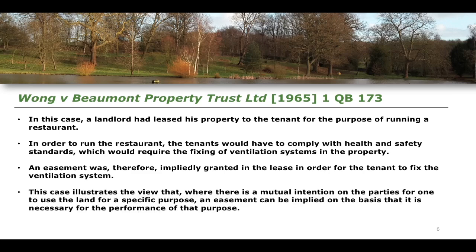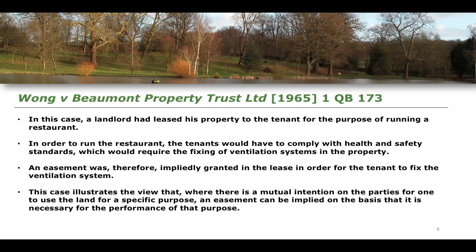Notice here that what this does is illustrate the view that when the landlord leases this property to the tenant, there is the common intention. There is a mutual intention on the part of the landlord and the tenant to have this property leased for the purposes of setting up a restaurant. And this is a very specific purpose. And in order to set up a restaurant, you must therefore comply with health and safety standards. And in order to comply with health and safety standards, there must be the fixing of the ventilation systems on the property. And so if there wasn't this common intention, if the landlord had simply leased the property for